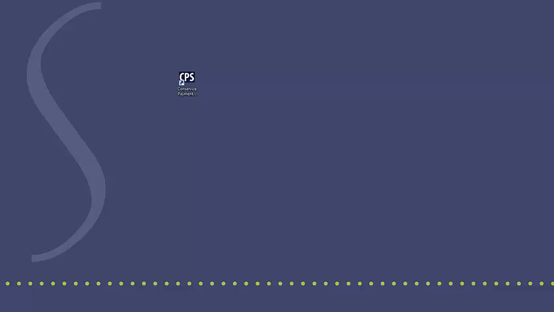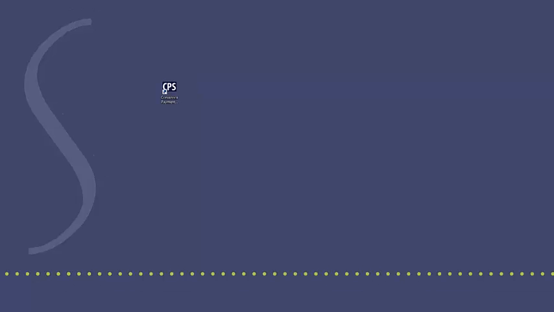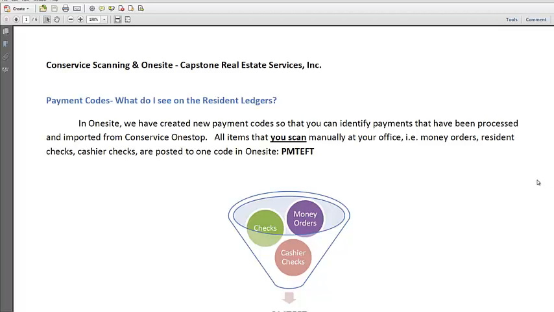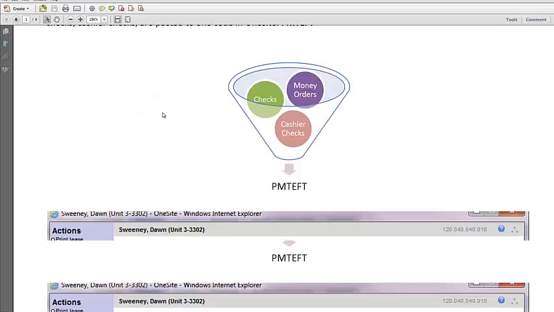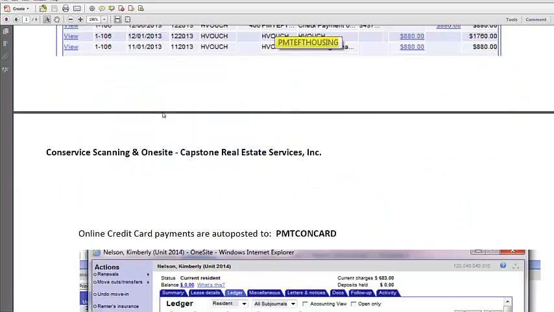So that's all of the information I have for you today about the scanner and using the Conservice website to see payment images. If you haven't done so already, you're going to want to review the document that Capstone has put together called Conservice Scanning and OneSite, which will explain the payment codes and all of the accounting factors that deal with the scanning system. But the one thing from this document that I will point out to you now